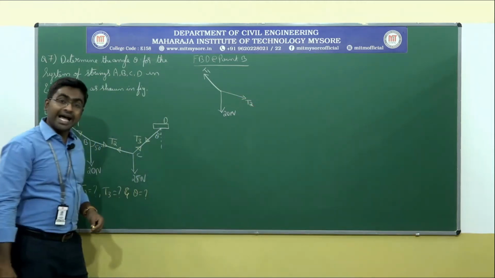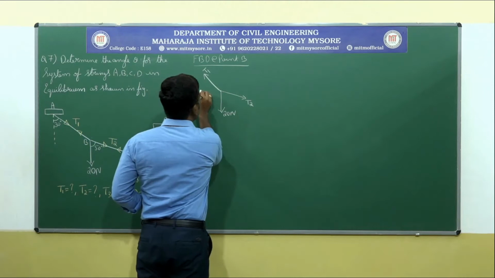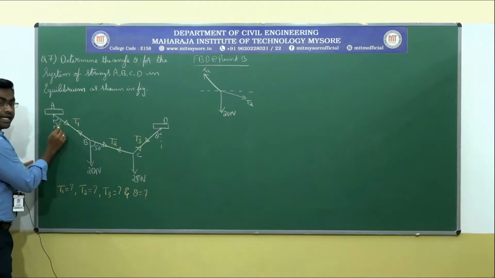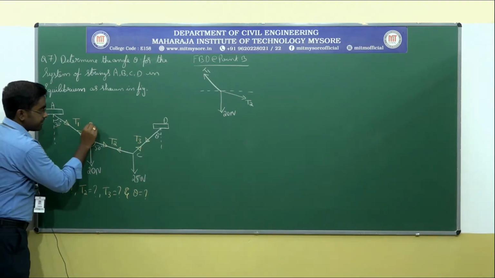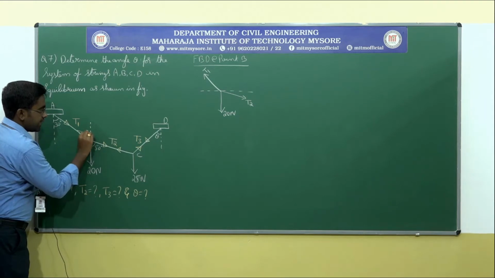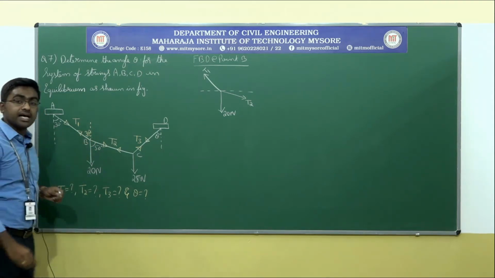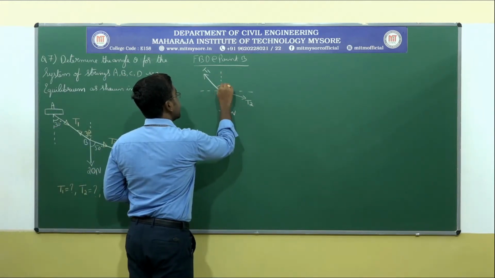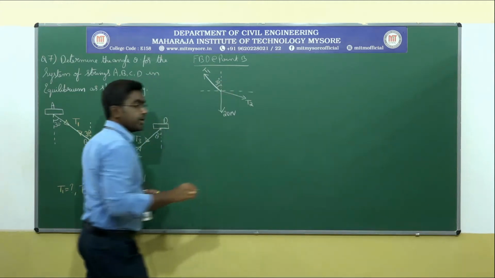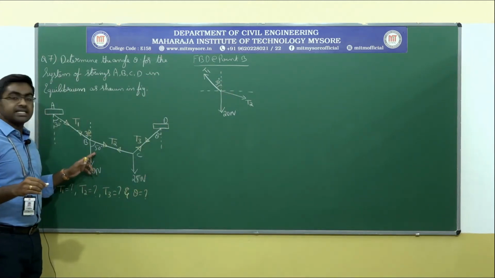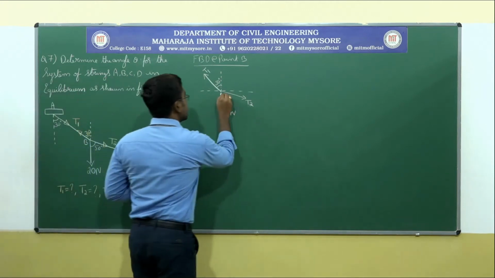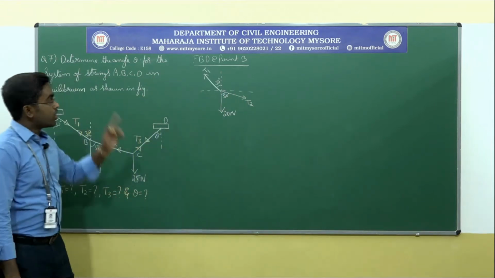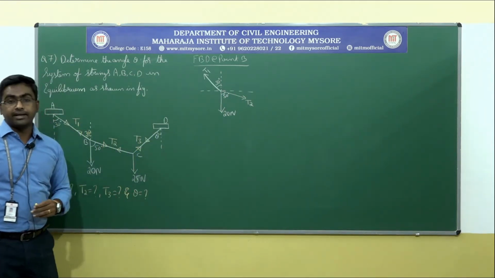Now let me write the angles with respect to horizontal for the inclined forces. See, if this angle is 30 degrees, this angle will be equal to 30, because alternate angles are equal. So this angle will be equal to 30 degrees, right. And one more angle is mentioned in the figure, and this is 50 degrees. So this angle will be equal to 50 degrees. So the free body diagram at the point B is completed, right.